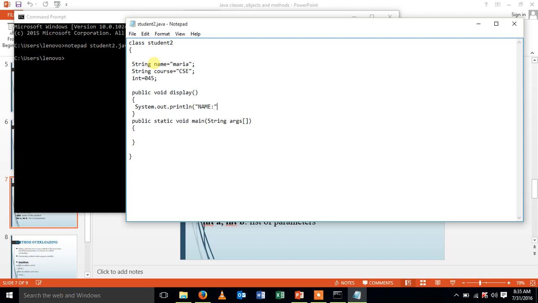Name of class. Similarly, for the other attributes, println of course plus, then the register number.